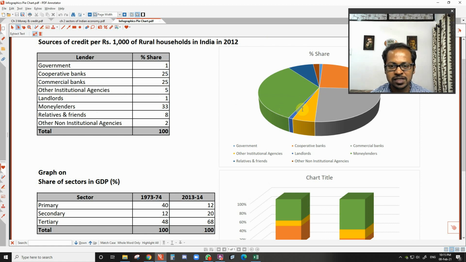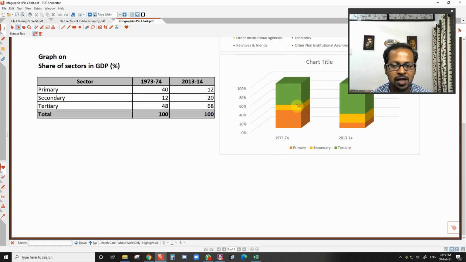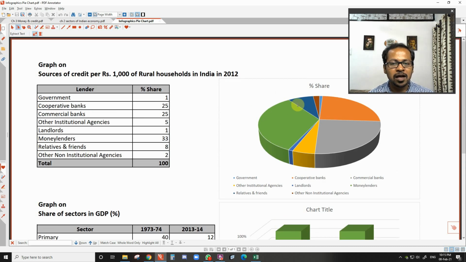As we have seen, various options are available. So in this way you will be able to have one printout of this infographic, and this printout can be properly folded and pasted in your notebook, and only this printout will carry 5 marks for your internal assessment.